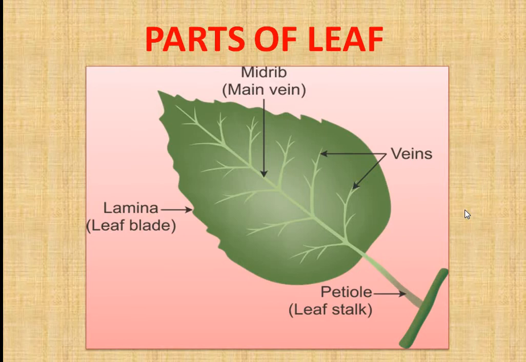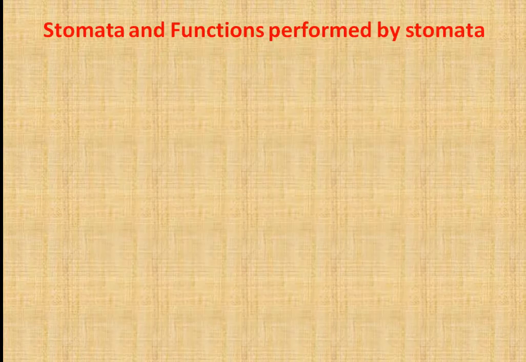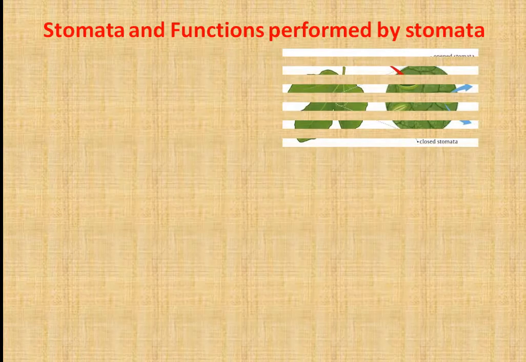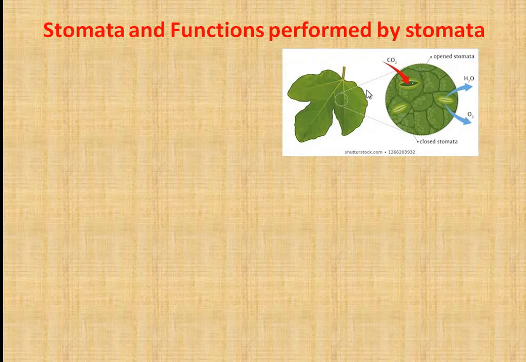a part of the plant which is not visible here on the screen, which is not visible on the leaf. You cannot see it on the leaf with the naked eye, but yes, you can see it with the microscope, and that part is the stomata. Now what is stomata? Let's discuss that. As you can see here in the picture, if you look under the microscope, you will see small tiny openings on the underside of a leaf. Millions of tiny openings you can see. These tiny openings are called stomata.